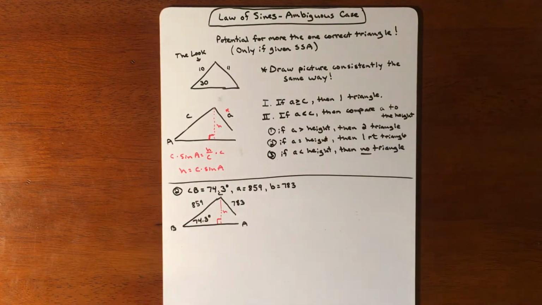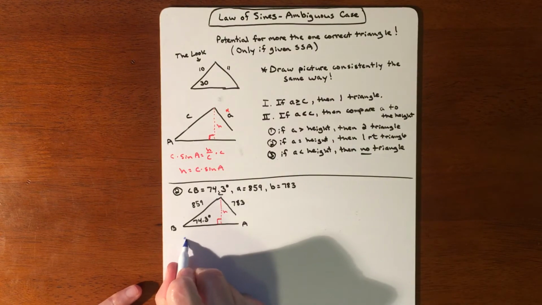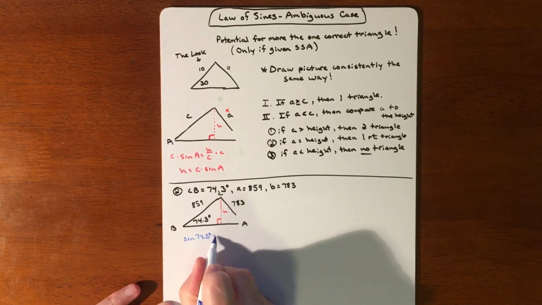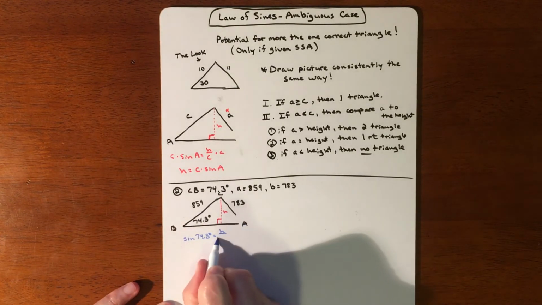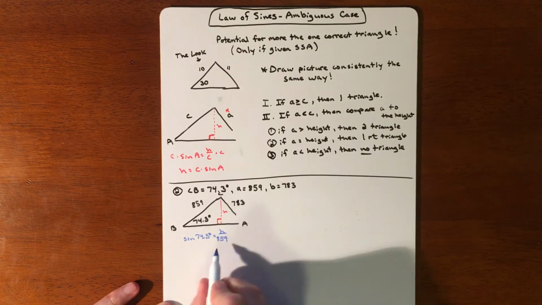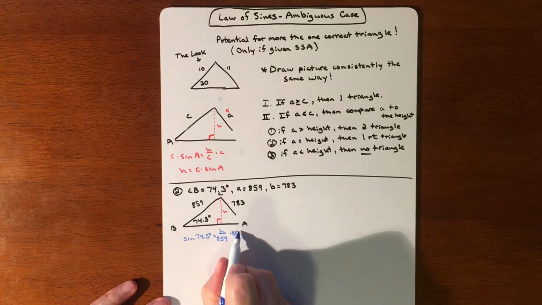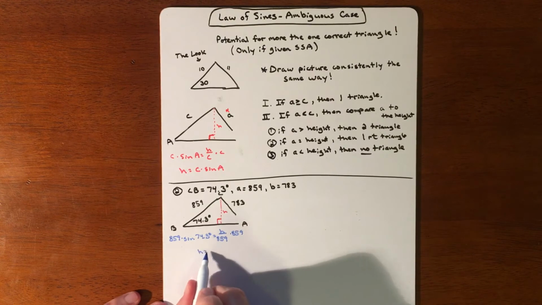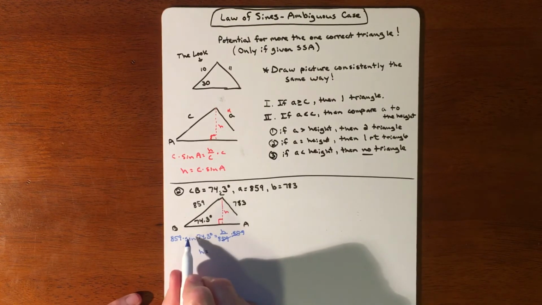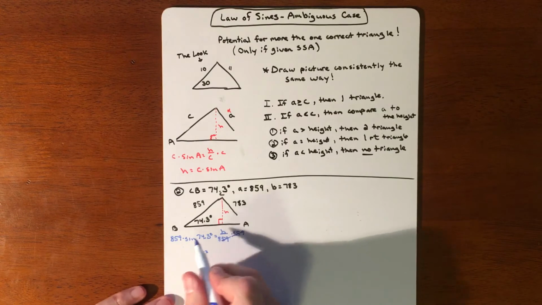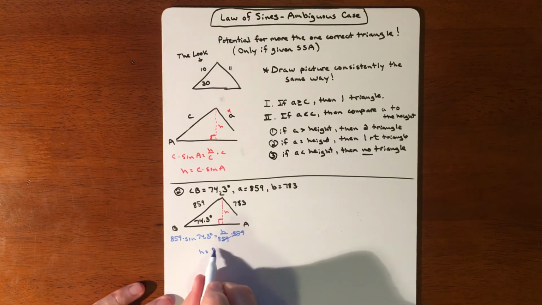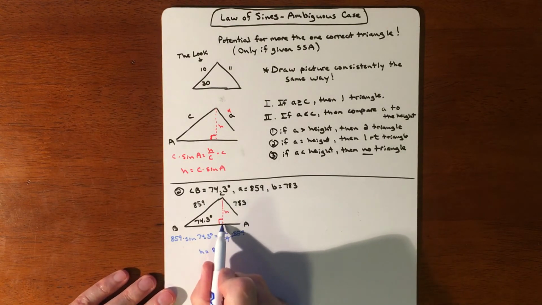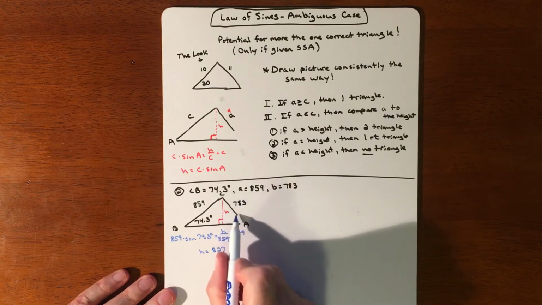So let me do that in a different color. We're going to do sine of 74.3 degrees is going to be our H over 859. And then we're going to multiply 859 over to the other side. And we're going to plug that into the calculator. So if we cancel that, we plug this into the calculator, that gets our height to be about 827. So that 827 is the smallest that this side of the triangle can be in order for it to